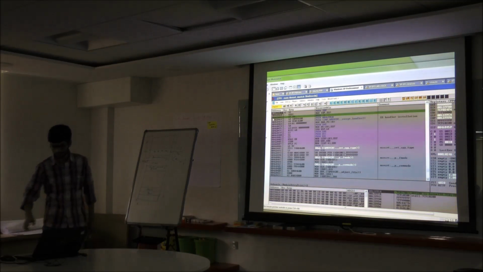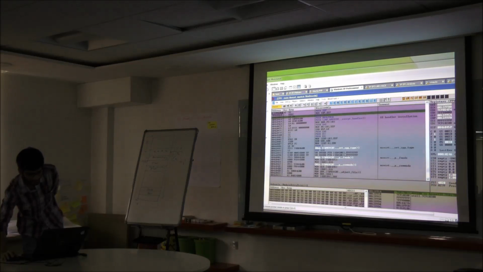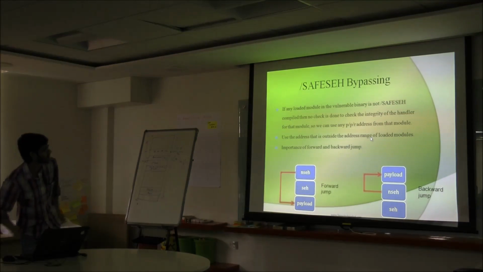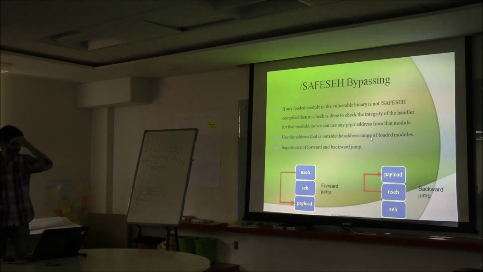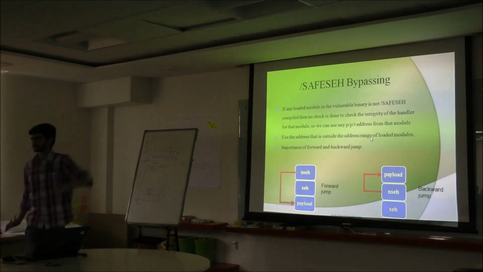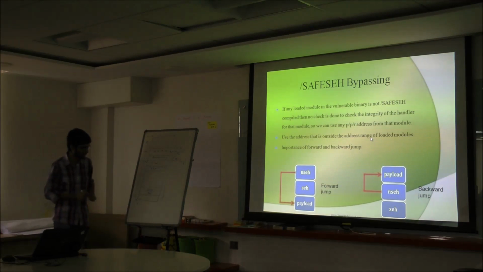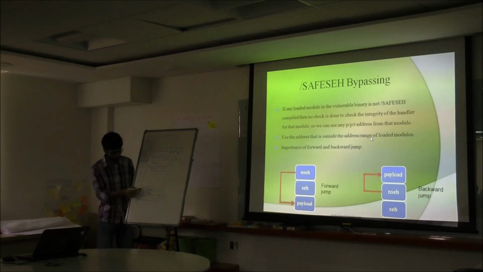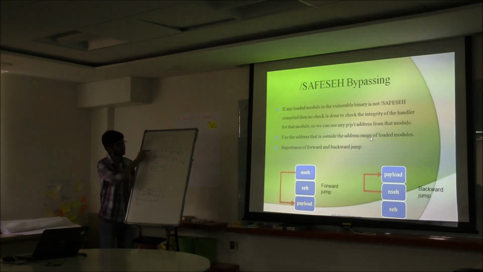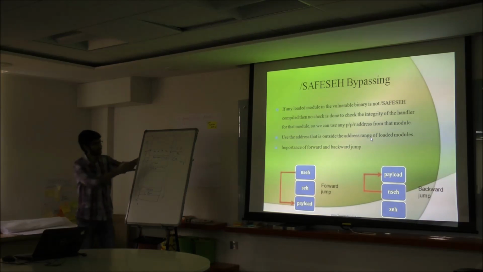So then again a thing comes, which I don't remember if I covered in the last session, and it again comes as forward and backward jumping. In the forward jumping, what we were doing previously is jumping right here, 6 bytes, because 4 bytes are this address, and for the safer side we jump just 6 bytes over here and execute our payload. Now the idea is to jump somewhere here, right here.